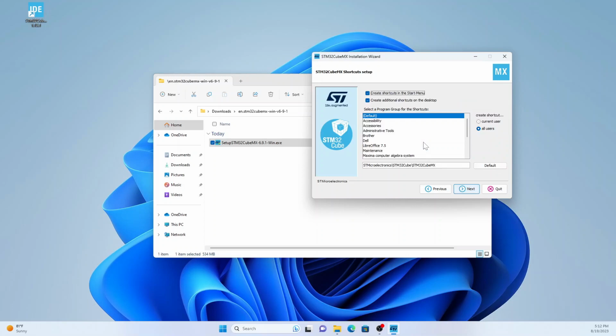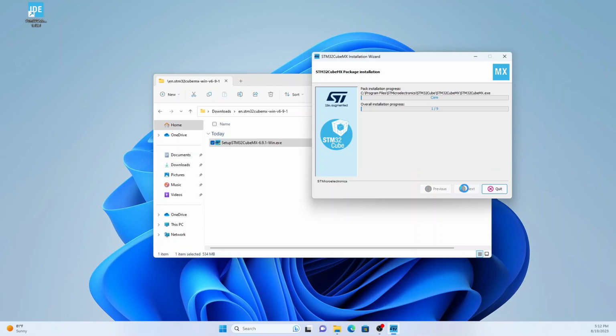Hit OK. So yeah, we'll have the shortcuts and everything. All users. Hit next. Okay, so that's installing now. We'll get back to you when that's done. Okay, so that's finished installing now. So we're going to hit next, and we're just going to hit done here,